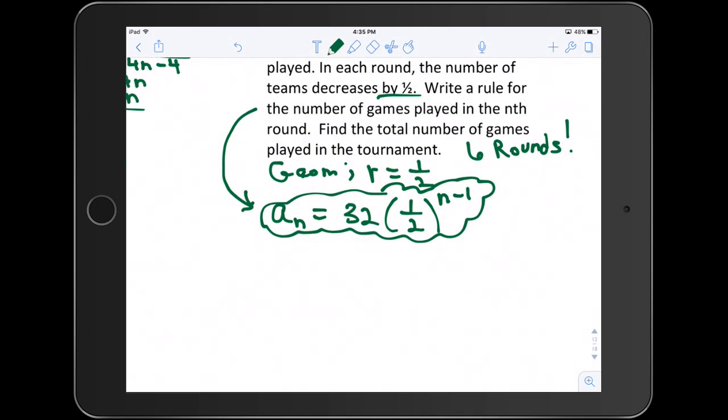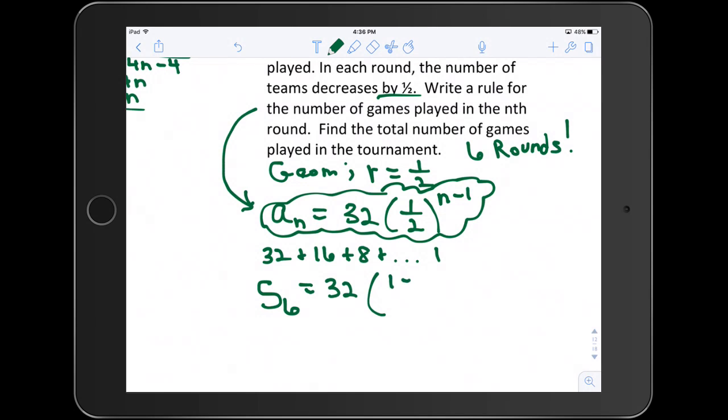Now again, if you're talking about 6 rounds, you could literally go 32 plus 16 plus 8 plus, all the way to that 1. But with that said, I do want to make sure you see how to use the formula. So the sum of the 6 terms in this series is equal to, and you know what? I said 36. How many times do I make mistakes, you guys? I apologize. There we go. That probably would make more sense to y'all. I'm sure you're all like, no, not 36, 32. Okay, anyway, so 32